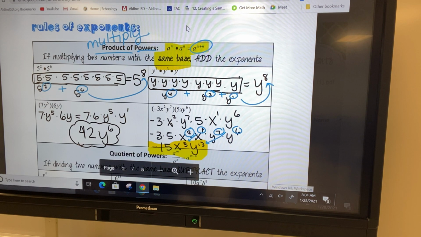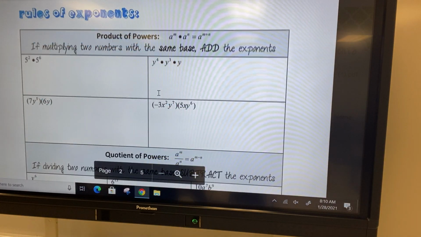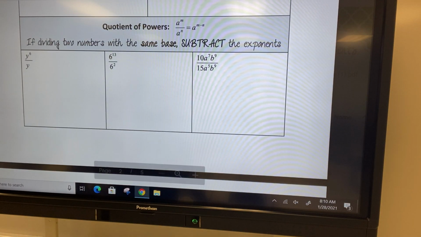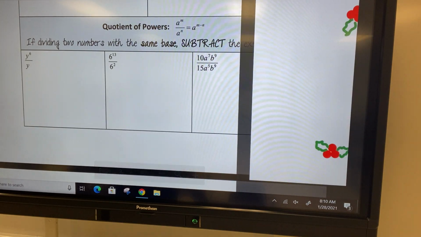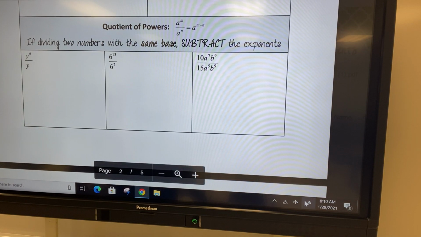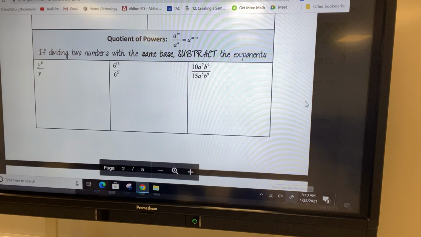In the next section, we're going to take a look at the quotient rule, which is the opposite. So product means what to do when we are multiplying. Quotient is going to be the rule for if we are dividing. All right. So the rule here says that if we are dividing, then instead of adding our powers, we are going to